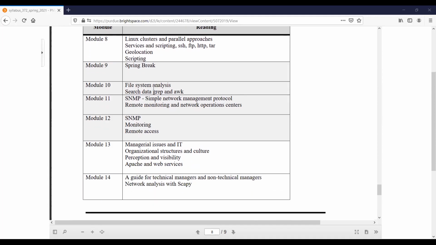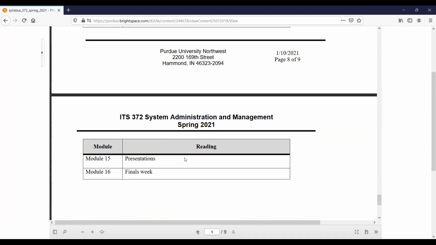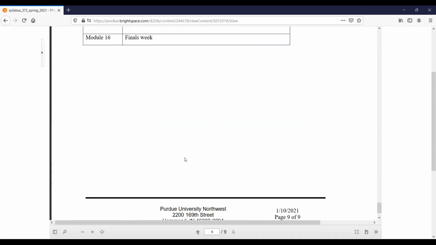Then, as I said, the file system and file system analysis, grep and awk at some point. I don't know why I have this so late in the semester. I actually think I do this earlier than this. SNMP, which is basically an idea of network management. You'll see that I think it's very interesting, remote monitoring, basically, and the network operations center. So these labs are very interesting. Web services, and then a few final managerial things. Okay, and library. So that's the tentative